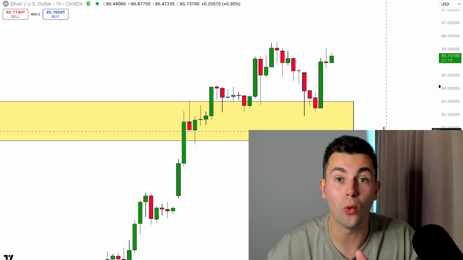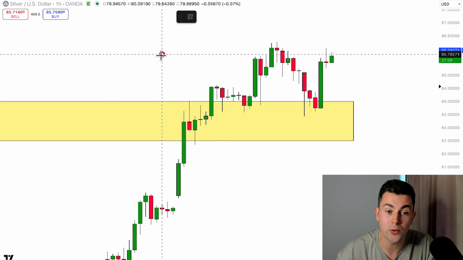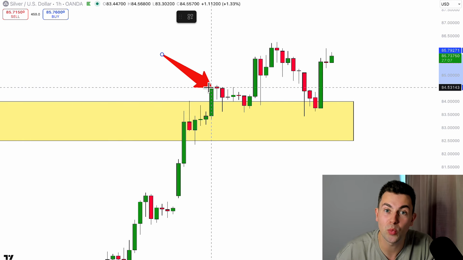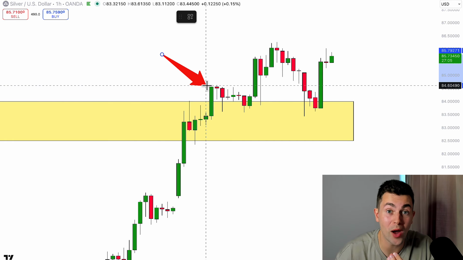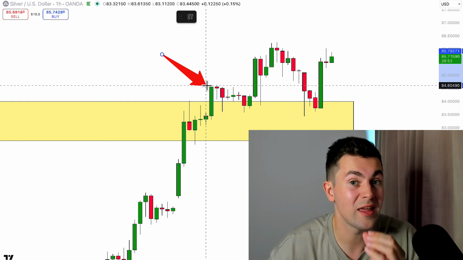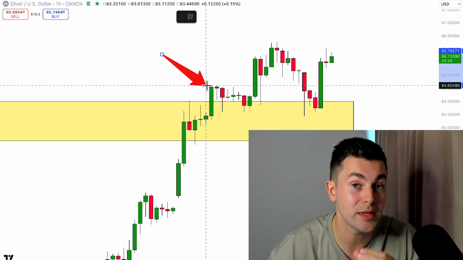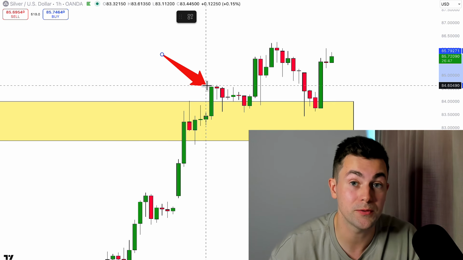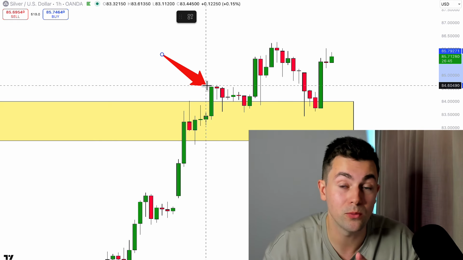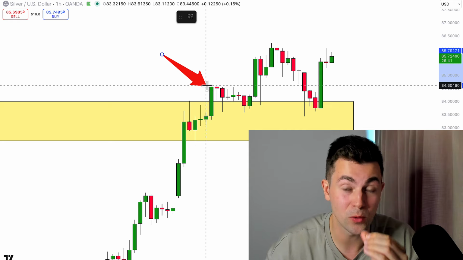Such an event is called structure swap. You can see that our resistance was broken, and that was the exact moment when that resistance was violated. But identifying the breakouts, always remember that some breakouts can be false and some breakouts can be traps. So after you see a breakout of a major support or resistance, I suggest looking for some validation of a